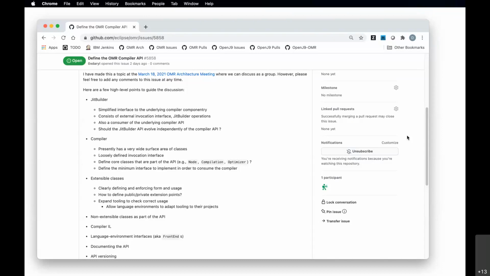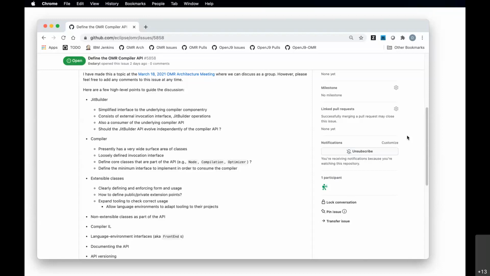OpenJ9 obviously has a very tight integration with, well, it's a separate project still, but it's the most broad user of the currently publicly exposed methods and data structures inside the OMR compiler.